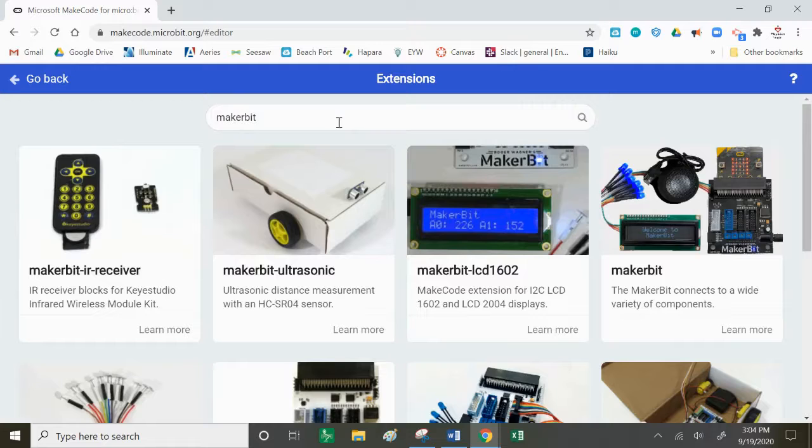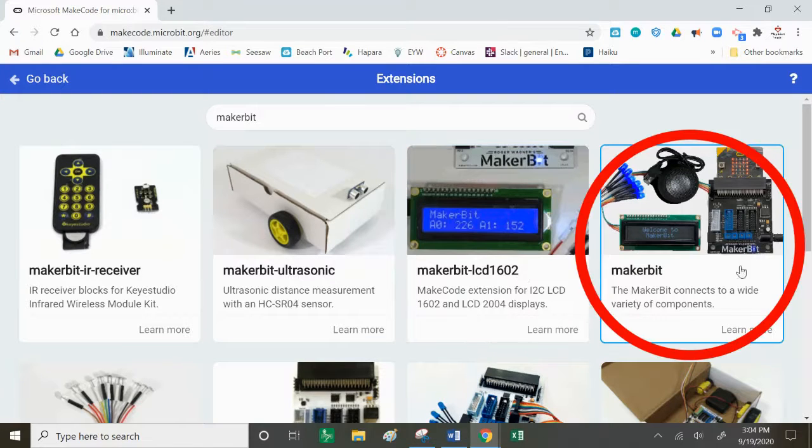And initially, when you type that, you get a bunch of the individual Makerbit sensors. There is the infrared sensor, the remote control, the ultrasonic, the rangefinder, the LCD. But there's also this package of Makerbit sensors. And this is the one that we are going to default to because it's like our one-stop shop. So if we go ahead and select this one right here, the Makerbit components,